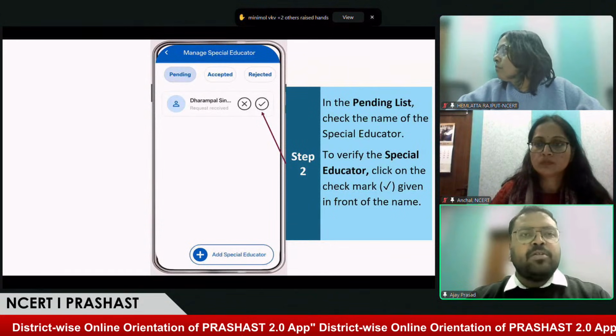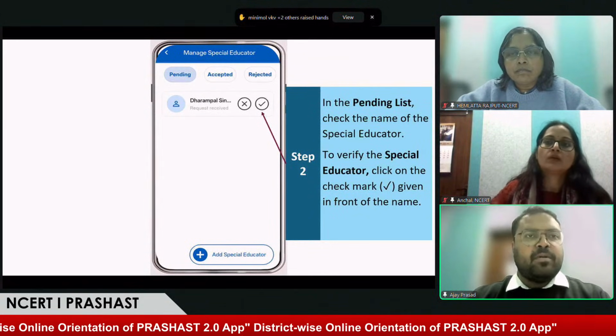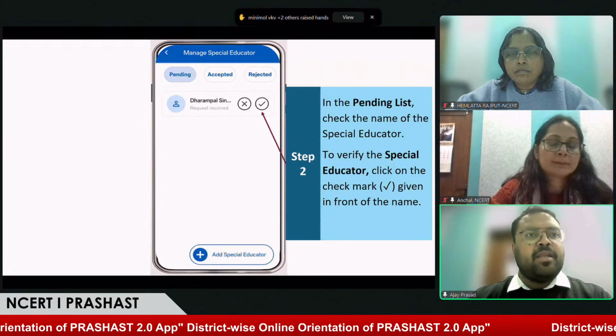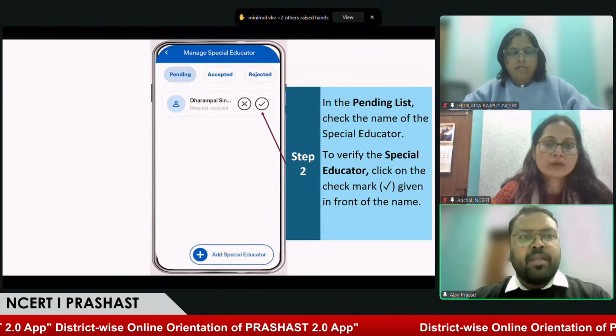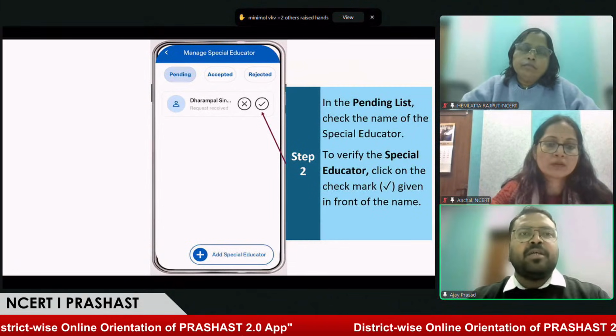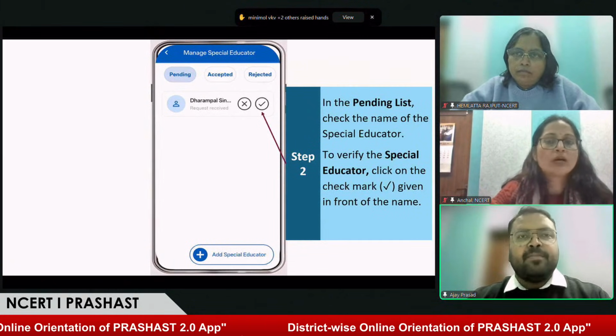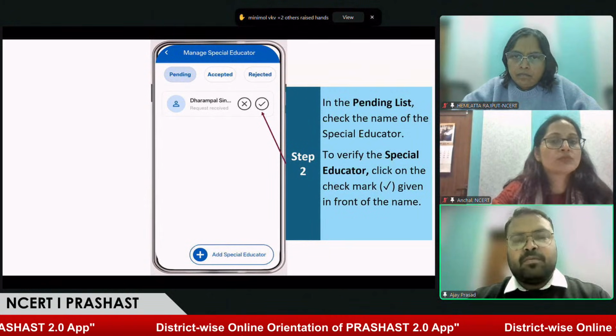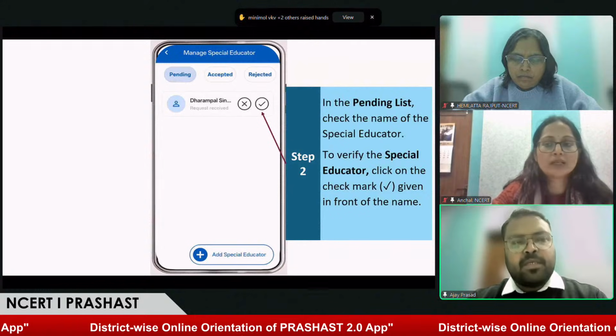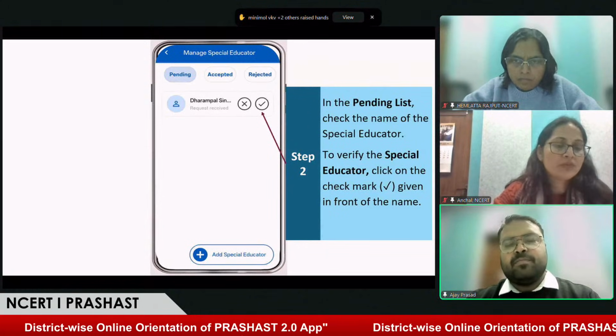That is the only point, because login is not taken care of by the PRASHAST application. We are taking all the details from Meri Pehchan, that is National Single Sign-On by Government of India. So kindly correct your information in DigiLocker and we will fetch the information from DigiLocker, and it should be correct.